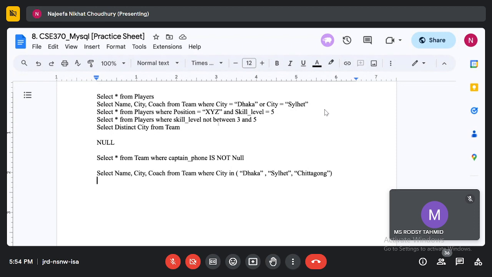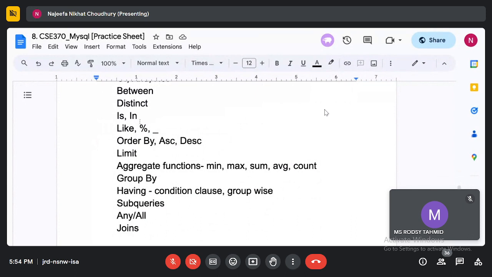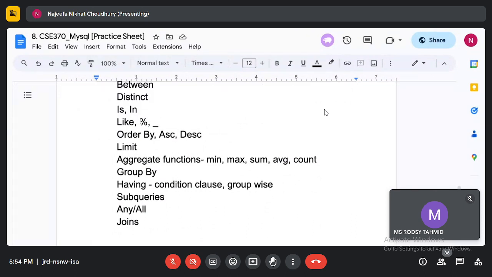Okay. Let's go to the next keyword. I'm going pretty fast, as I said, but if you have any questions, just let me know. Okay, so the next operator is LIKE, with mod and underscore. These are used together.